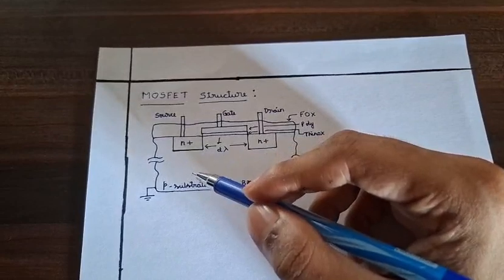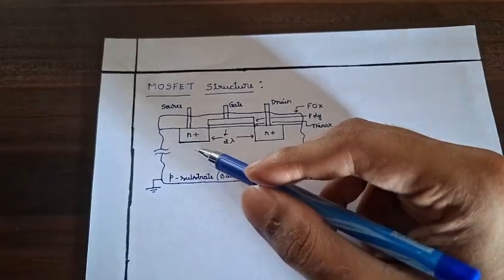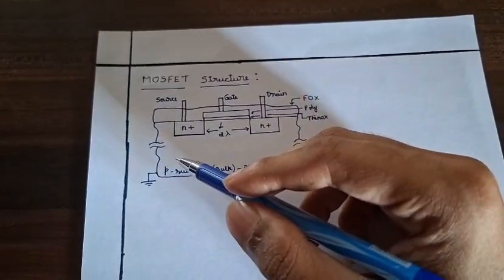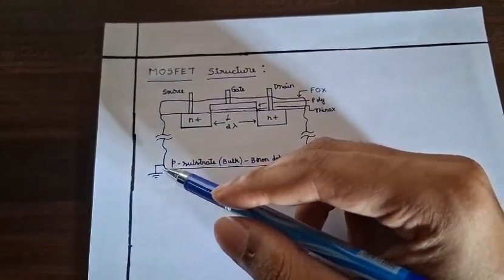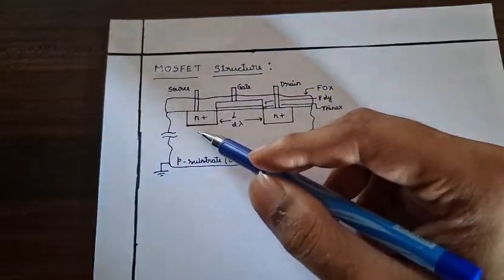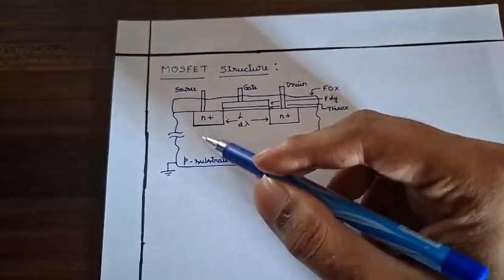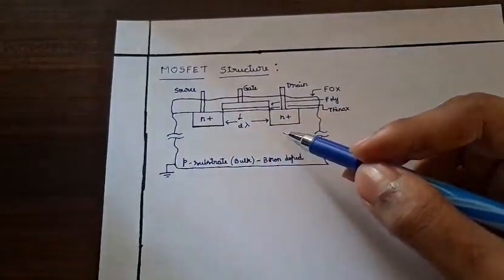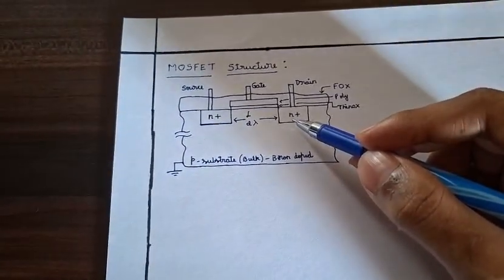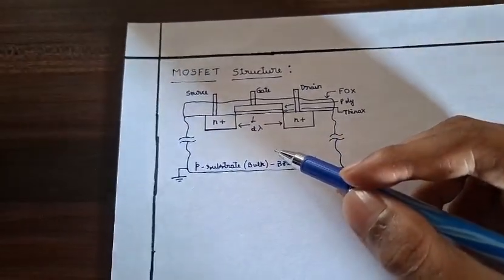Between the N plus and the P-type bulk, there is a formation of a PN junction diode, and the P-type substrate is connected to ground, so that the PN junction diode which is formed is reverse biased. It is formed in this PN region, and also here the PN junction diode is formed, which is reverse biased. The P-type substrate is lightly doped,